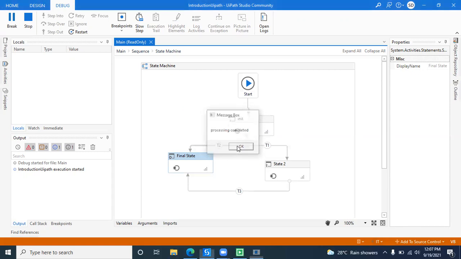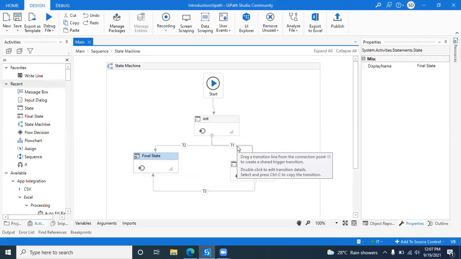This is a bit complex compared to state sequence and flowchart, but 90% we are using sequence and flowchart. Any doubts, please? Guys, understood what I had done?